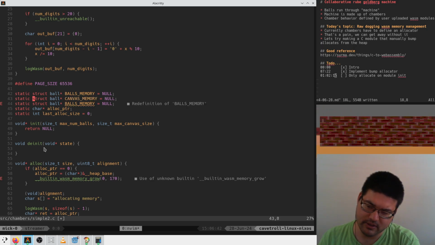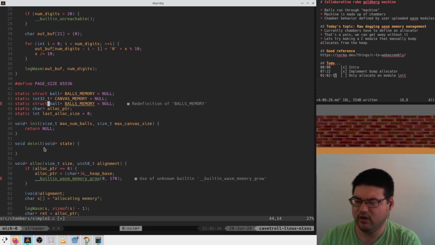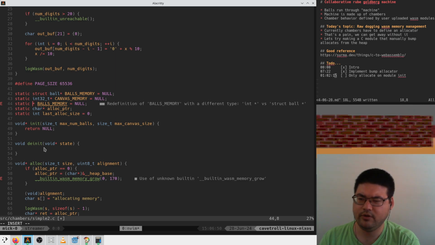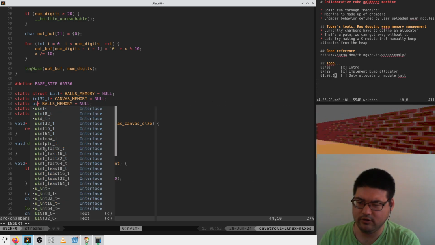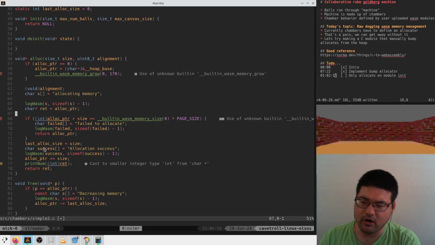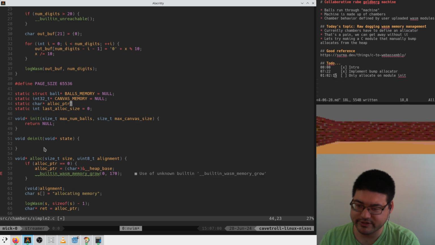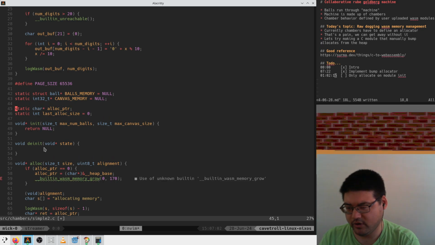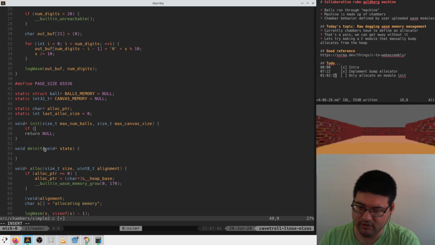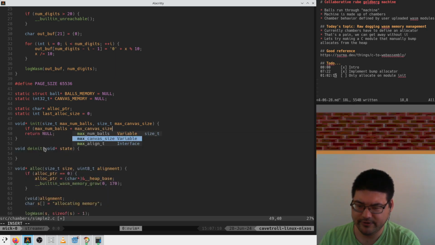And this is now going to be a u32 pointer. And then the save memory, this is going to be a u8 pointer. Now in our case, we actually have no data to save, so we don't have to worry about that. We just have to make our balls and canvas memory. So we can just say, if max num balls plus max canvas size